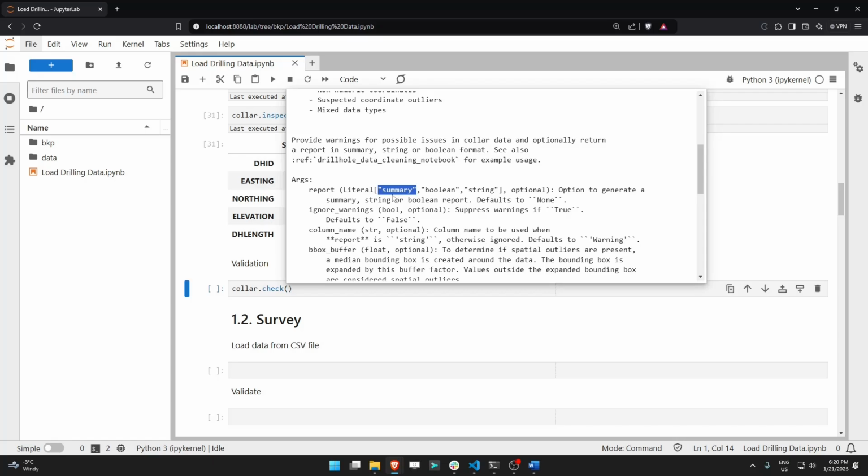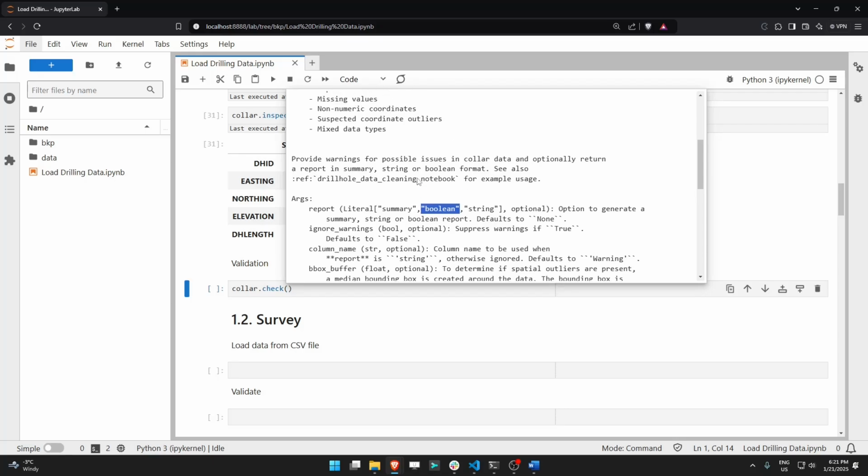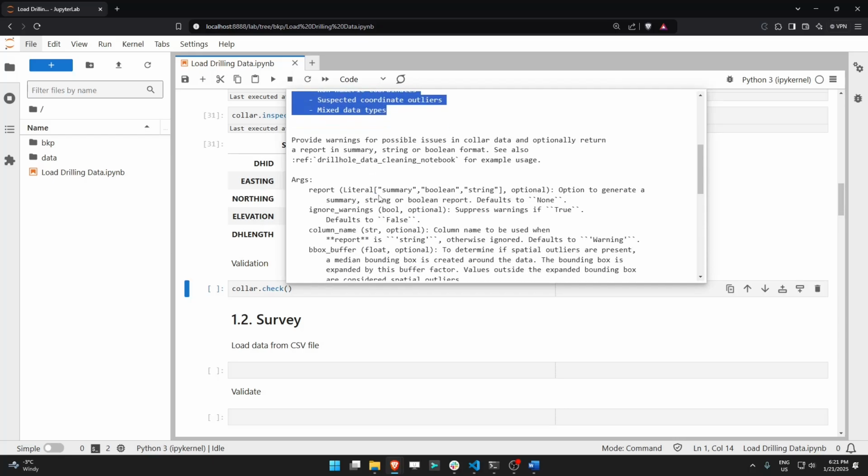This report is just going to produce a data frame listing all the issues that were found in the data, with the number of occurrences of that particular issue. The second report type is the Boolean report type. This will return a copy of your caller data with an additional, or many additional, columns, one for each of the items that are checked, with a true or false variable indicating the locations where that particular issue was